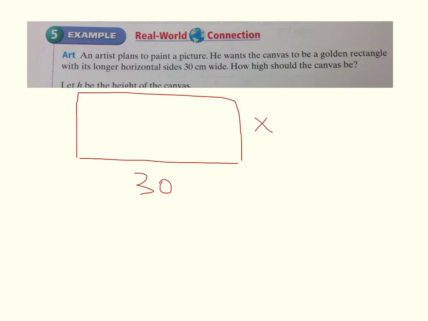We'll simply call that X, and we have to set this up in a proportion. As we stated previously, the ratio of the golden rectangle is 1.618 to 1. So if we want our canvas to be in a ratio of 30 to X, we simply set up the proportion